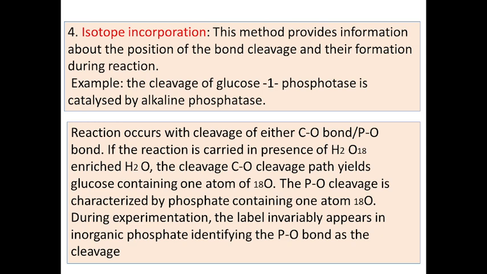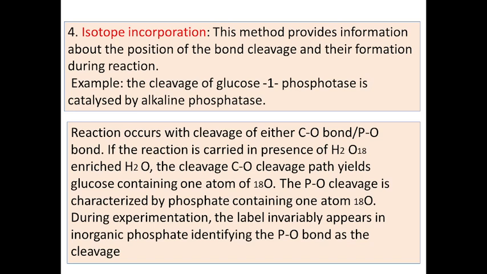Generally, when there is isotope incorporation, the cleavage of either the carbon-oxygen bond or the phosphorus-oxygen bond will take place. If the reaction is carried out in the presence of H2O18 enriched H2O, the cleavage of the carbon-oxygen bond, that is path, yields glucose containing one atom of 18 oxygen. So the glucose formed due to cleavage of that carbon-oxygen bond contains one atom of 18 oxygen. Phosphorus-oxygen bond cleavage is characterized by